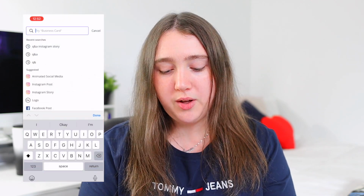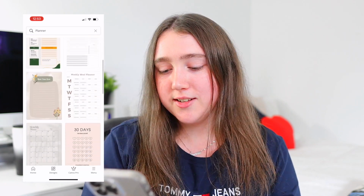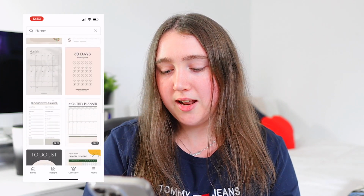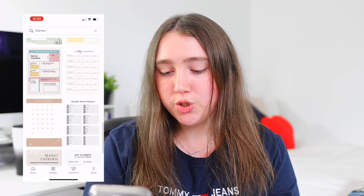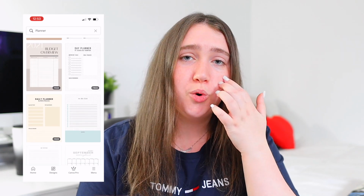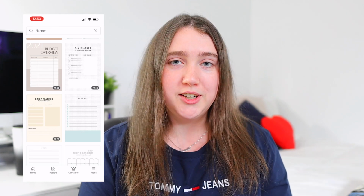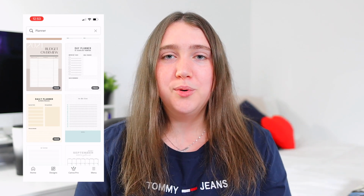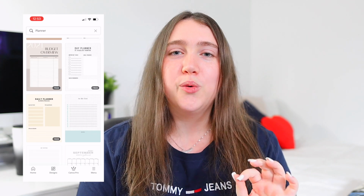I use it to get all kinds of printable planners and stuff. So for example, if I go ahead and just type in planner, let's try to spell it properly, it has all kinds of printable and editable types of planners. So monthly planner, weekly planner, to-do list, meal planners, workout planners, budget. So whenever I want to organize something or plan out something, I will go onto here and search for the planner. However, out of anything, my number one most used feature out of CANVA entirely is their background remover,